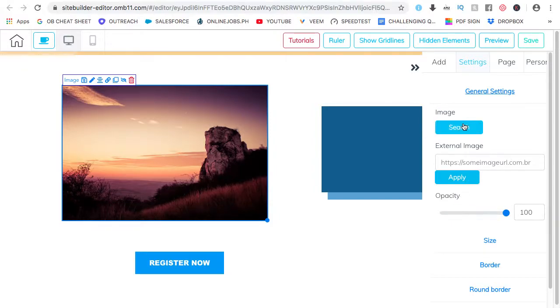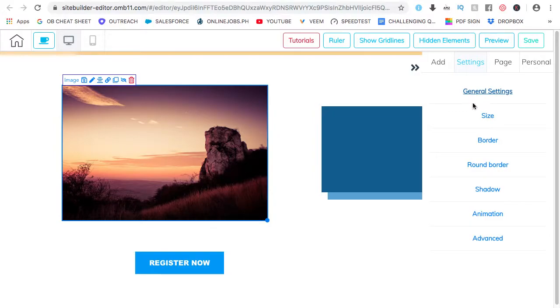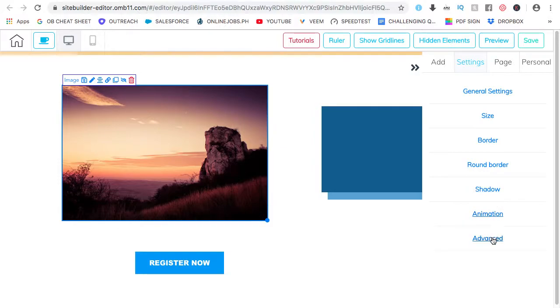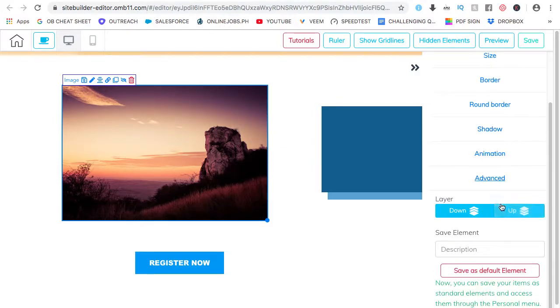Since it's an image, yes, of course, you can customize the image. There's also opacity to it. The border, round border, shadow, animation, and advanced. For advanced, there are options here to layer it up or down. If you have another image on here,